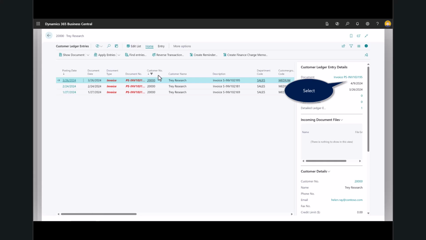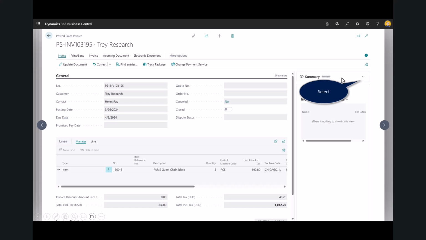Now you can see all the ledger entries that included that aging or the balance the customer has. And then on the right-hand side, with this top ledger entry selected, I can even drill into the specific invoice that made that up.